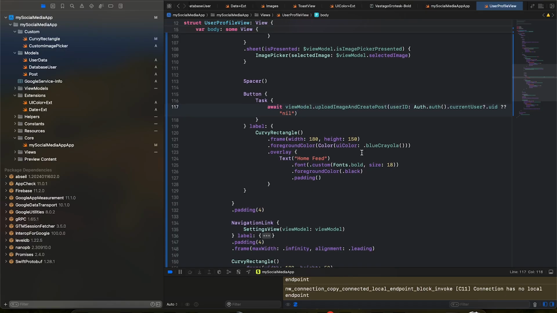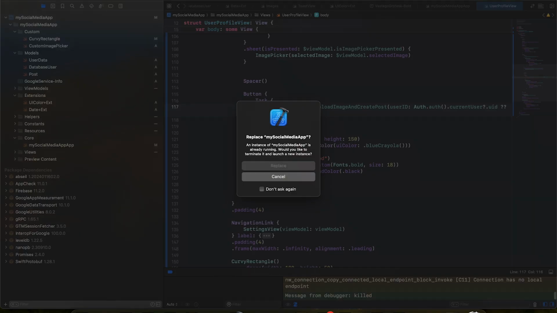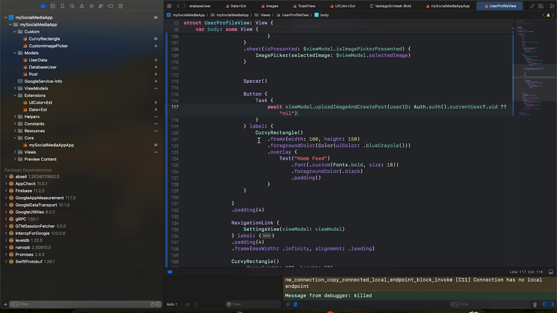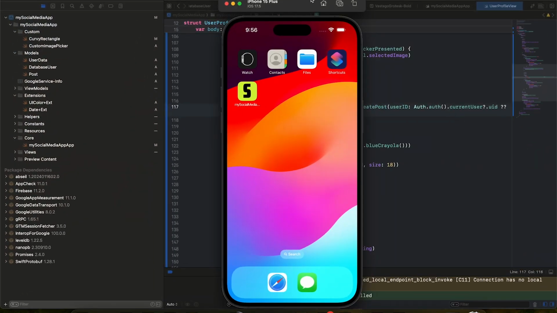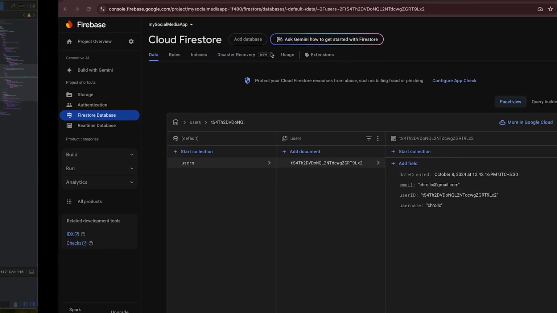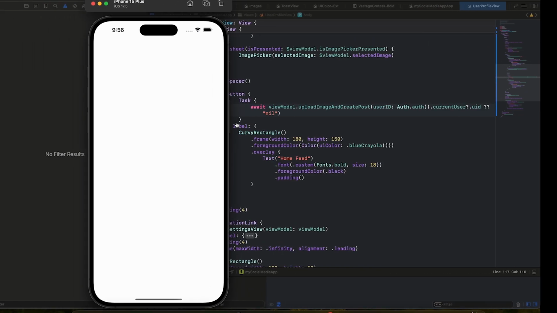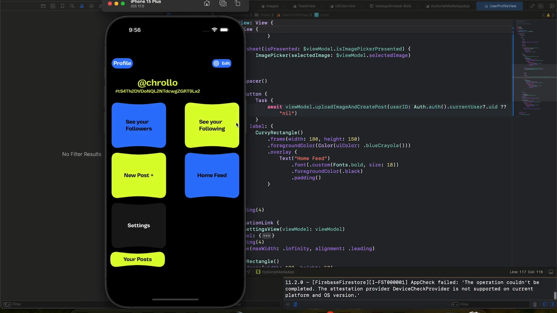So hopefully when we use this button now, I think it should work fine, but let's just check for ourselves now. Going back to the app, and I have the Firebase on my side to check. Hopefully the auth class fetches the current user,